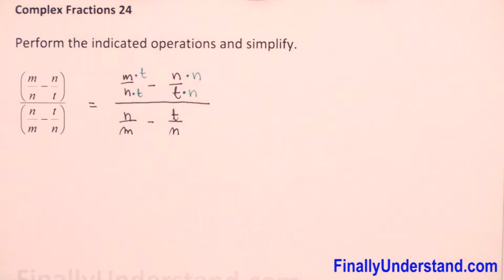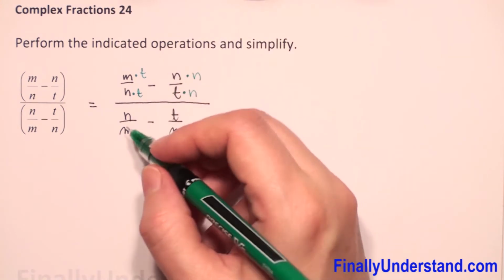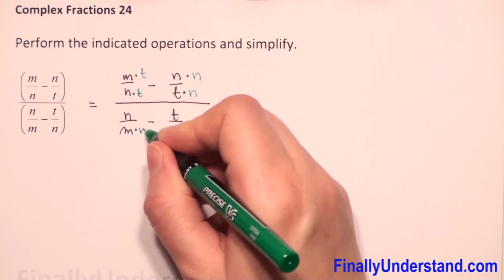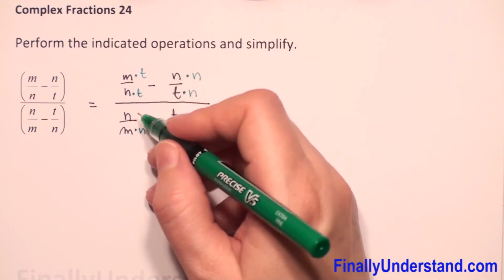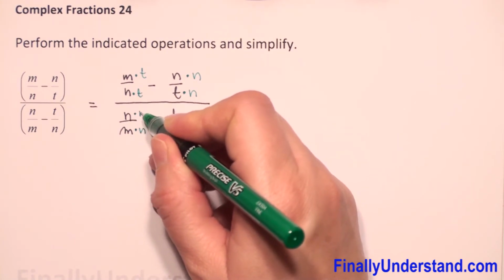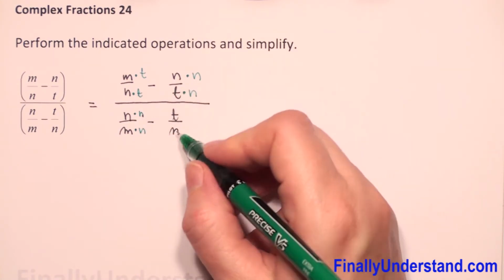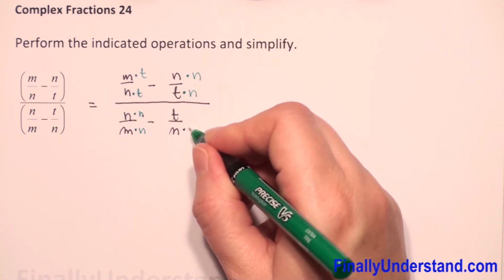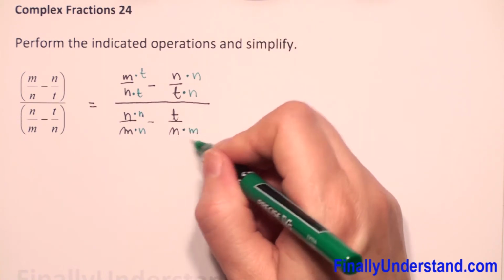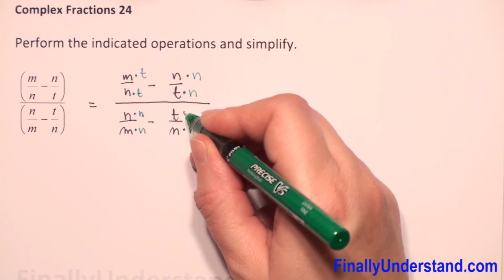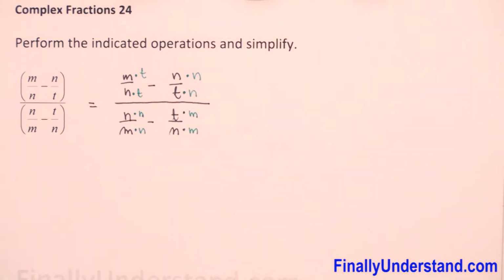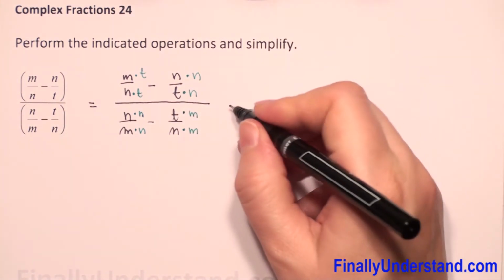Now, in the denominator we have m and n, so the least common denominator will be mn. How do I get this? I just multiply m times n. So now I have to multiply m times n to get mn. Whatever I did with the denominator, I have to do the same with the numerator. And n I have to multiply times m. Whatever I did with the denominator, I have to do the same with the numerator. So now we will have